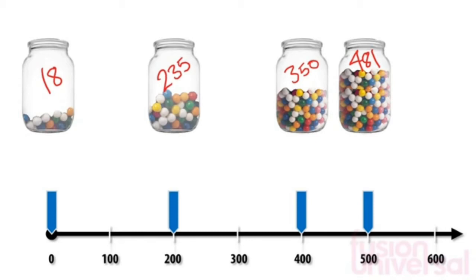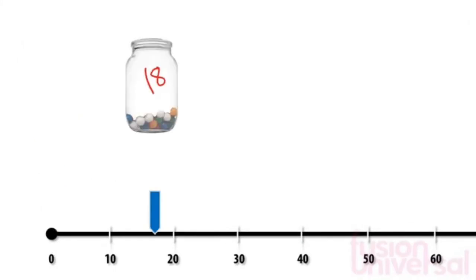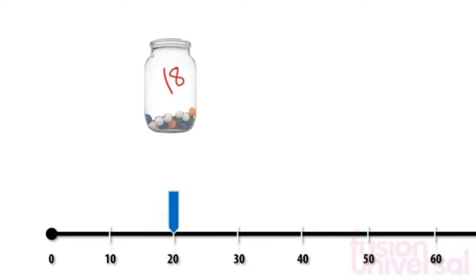Let's do them one at a time. Here is 18 on our number line. It is closer to 20 than it is to 10, so we round it up to 20. Next,